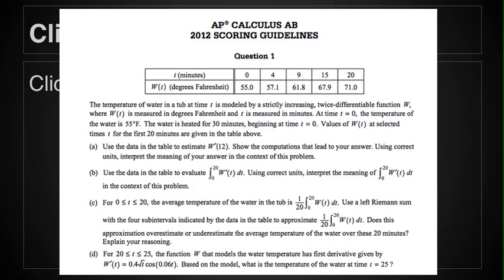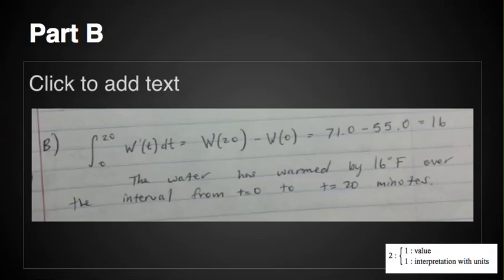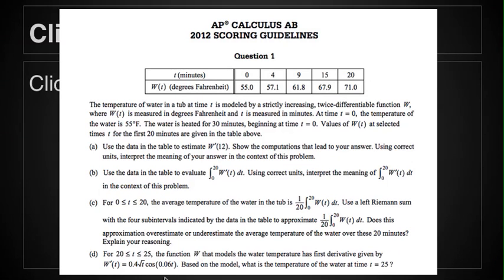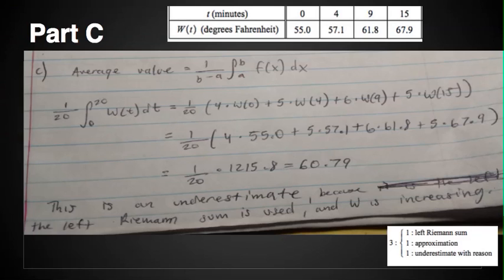And so what we do is we go in our calculator and take the integral of this over the interval 20 to 25, and then you get an answer of 2.093155,